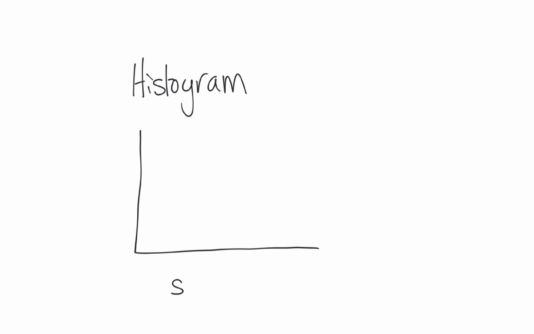Another example for a type of chart that you could do would be what's called a histogram. And histograms are great for saying how many of something falls into a specific category. So for example, if you were to ask each student in the class what size shoe they wear, you could make a histogram where the different categories for your shoe size could be like 0 to 4, 5 to 8,